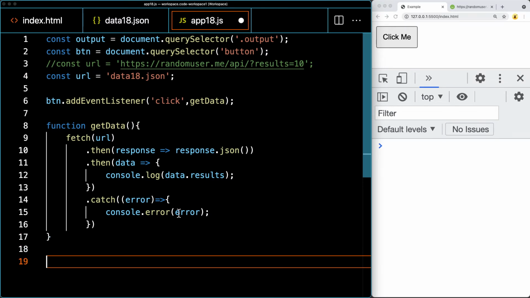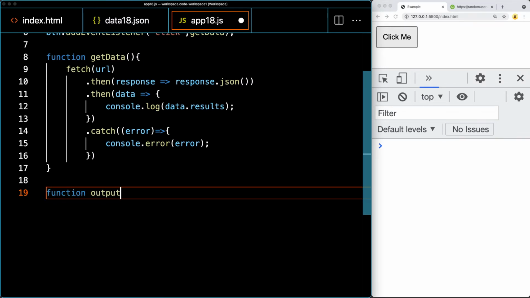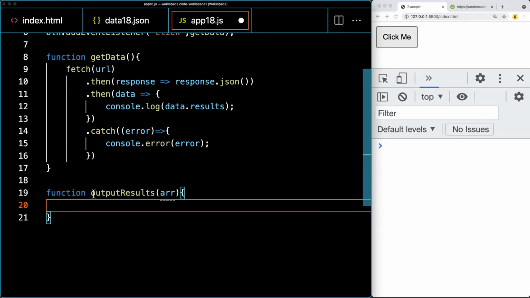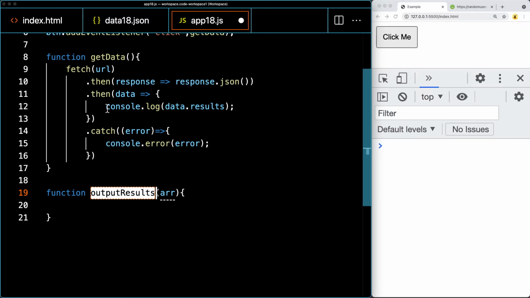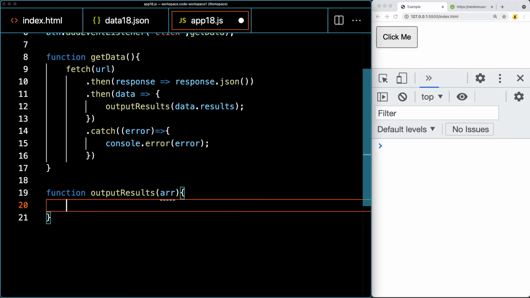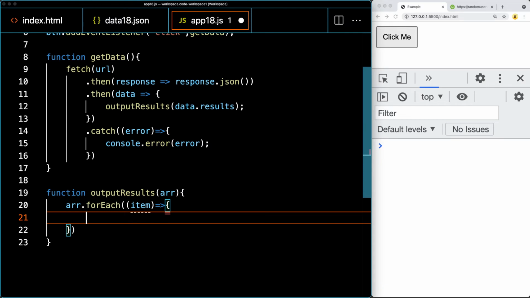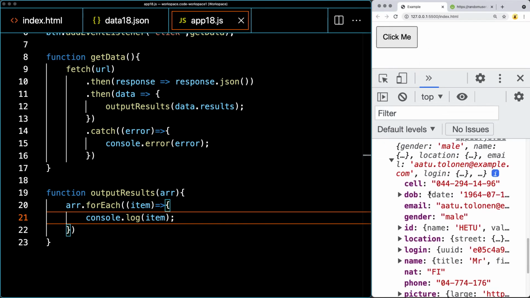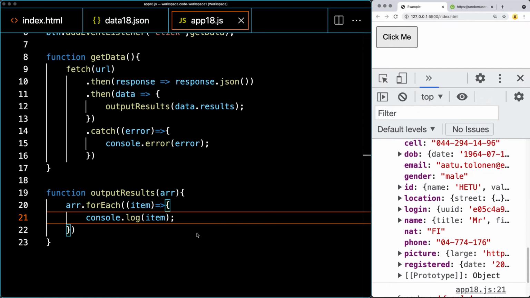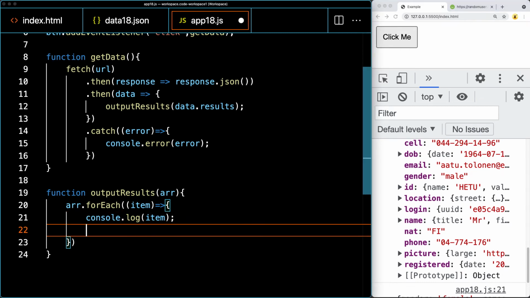So next, let's create a function that's going to output the results, and it's going to expect one parameter that's going to be an array. So we'll iterate through the results array once we get the data in, and loop through for each and get each one of the items. And I'll give it a name of item. And then within the console, let's take a look at what we retrieve back for item. So when we click it, and these items are going to be objects that we can select content from. And I'm going to output